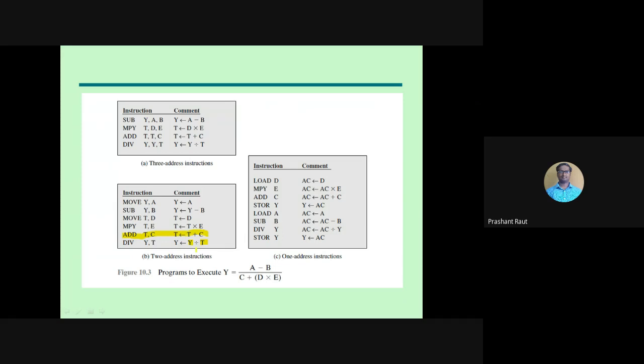Now the difference between these two is here. If you use the 2 address instruction, the program is lengthy, but the size of the instruction is less as compared to this one. Because it involves 3 addresses and here it involves 2 addresses, but because of this the program length increases. Now again we are reducing the instruction size by means of a one address instruction. In an instruction we are mentioning just a single address, so again the size of the instruction will be reduced.